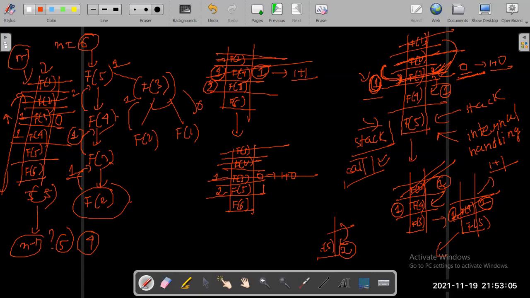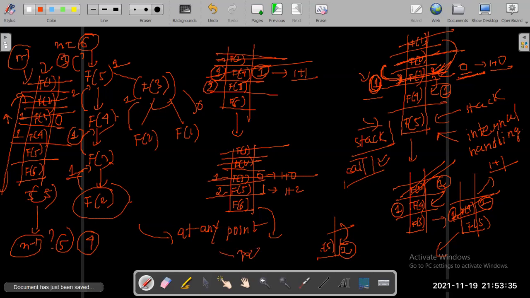Now see, f of 5, how many values? F of 5 has got all the values for itself. It will do what? Calculate itself 1 plus 2, that is 3, and it will return 3 to the previous function call. So now at any point of execution, have you noticed that my call stack has got more than n functions?